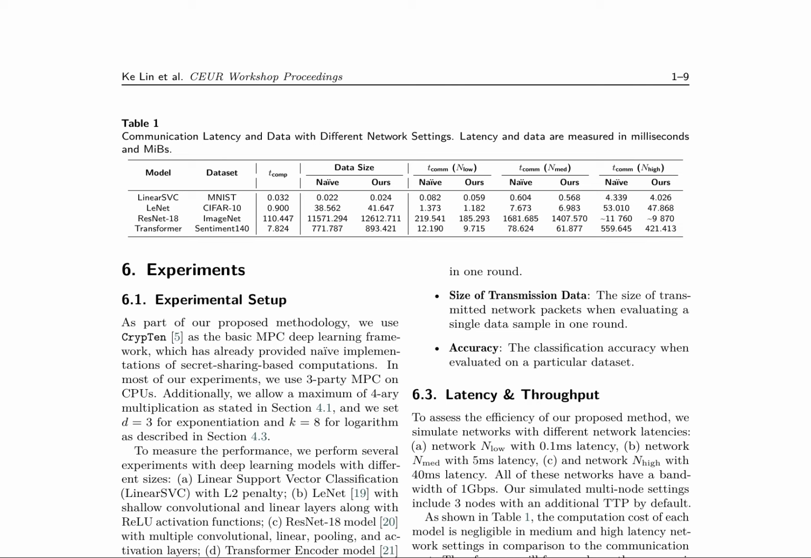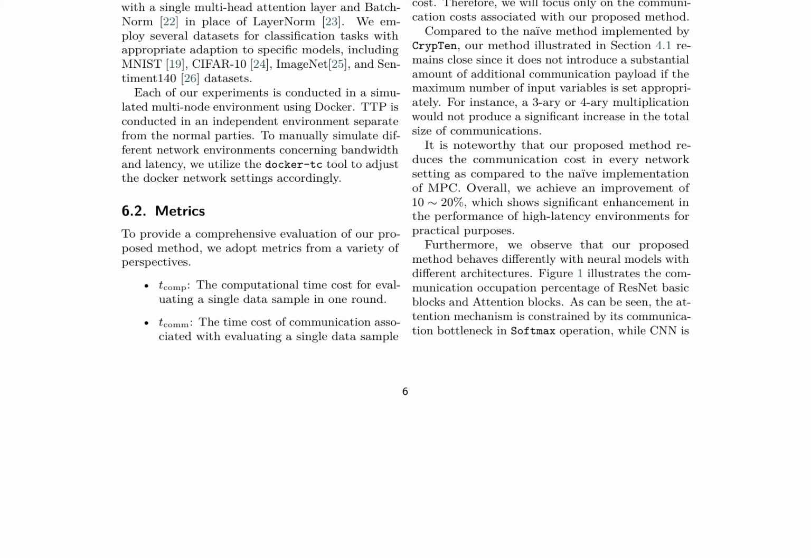They simulated different network environments with varying latencies: low, 0.1 milliseconds; medium, 5 milliseconds; and high, 40 milliseconds; and a bandwidth of 1 gigabit per second. The results showed that the computation cost of each model was negligible compared to the communication cost in medium and